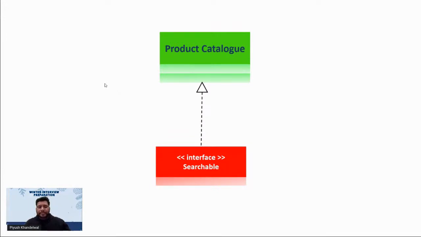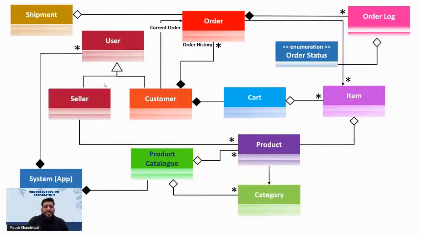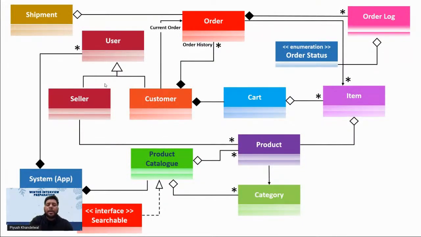सो इट डिपेंड्स, राइट? तो हमने क्या किया, इसीलिए एक इंटरफेस बनाया, विच इंटरफेस एक्चुअली, एज मोस्ट ऑफ यू टोल्ड, राइट, इट इज अ कॉन्ट्रैक्ट। तो ये बोलता है कि ये कॉन्ट्रैक्ट आपको साइन करना है कि आपको सर्च फंक्शन को इंप्लीमेंट करना ही पड़ेगा, you have to implement the search function when you implement the searchable interface, ठीक है? आई होप यू गॉट दिस, राइट? तो हमने अपने क्लास डायग्राम को थोड़ा सा और मॉडिफाई किया, and the product catalog now implements the searchable interface,